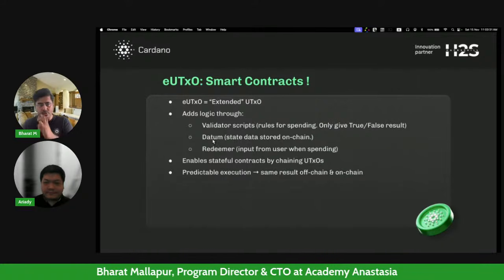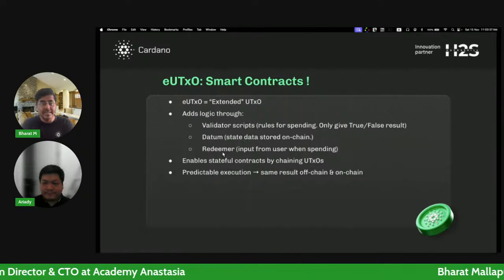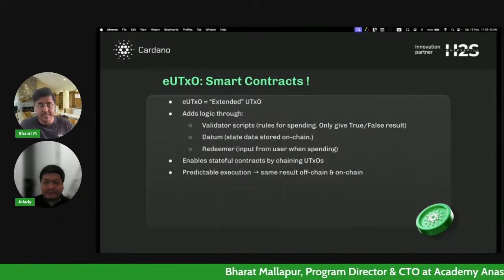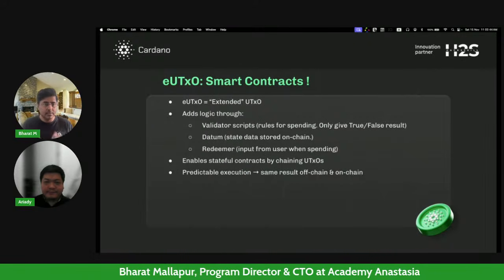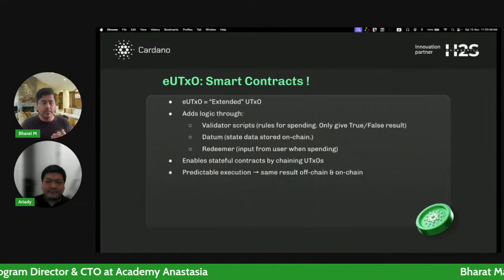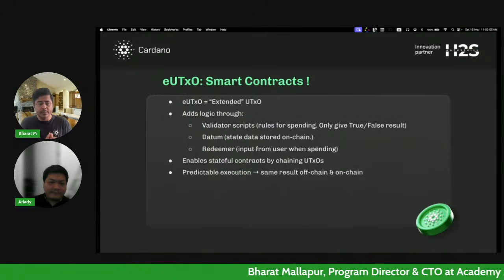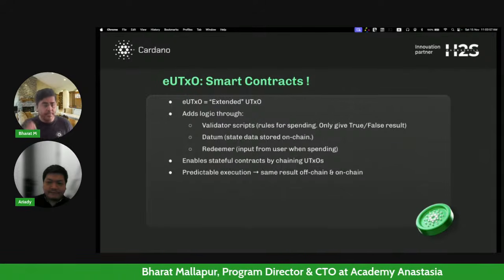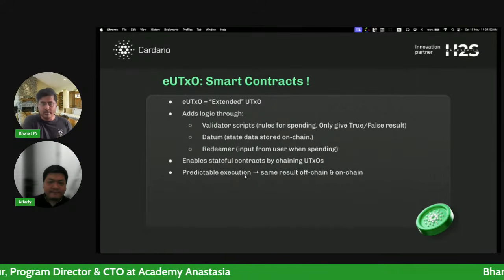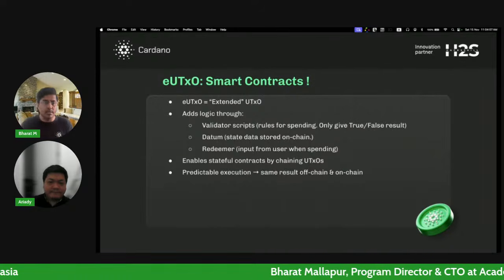There is some data which is also stored in the UTXO, and there is the redeemer. Redeemer is basically whenever somebody wants to redeem those UTXOs, they will create a transaction in which they give the private key or whatever, some conditions that are there, right? The conditions that should successfully unlock that UTXO. So that will be called. The redeemer is a function which you call, and you provide data with it. If that data is valid and it passes the validator, then the UTXO is unlocked and it can be spent. Right? It's very similar to how a normal transaction happens, but instead of a hard-coded ledger logic, now you have a smart contract logic, which is complicated.